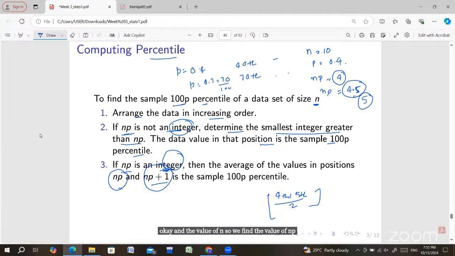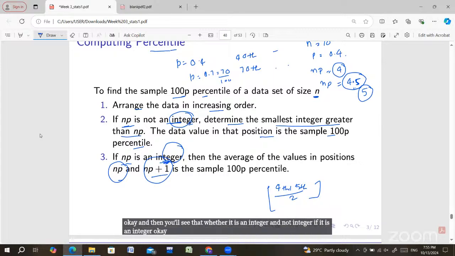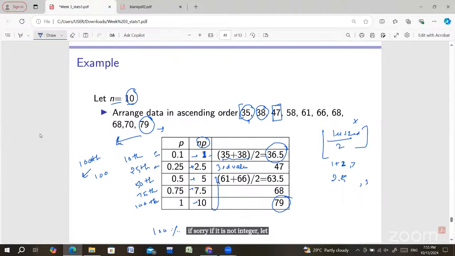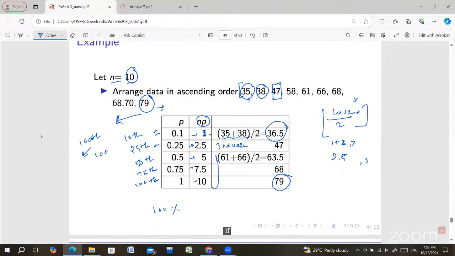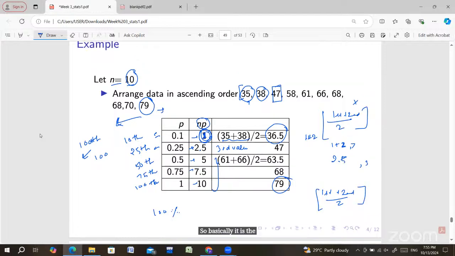Okay, and then you see whether it is an integer or not an integer. If it is an integer, then in this example, if the value of np is an integer, what do we do? We take that integer plus the next integer. Suppose the value of np is 1 here. So the first observation plus the second observation divided by 2. So basically it is the average of